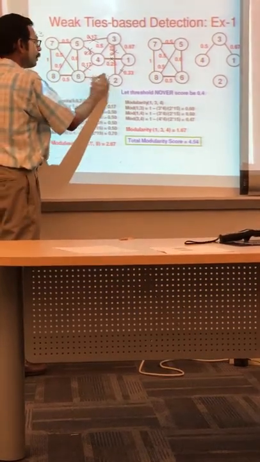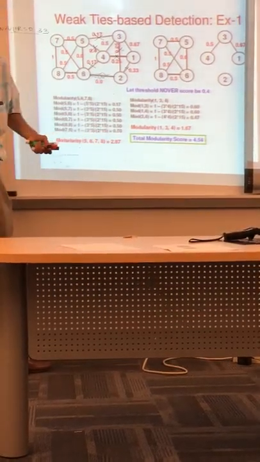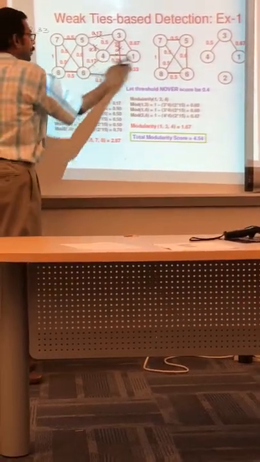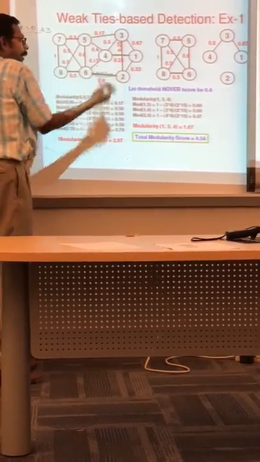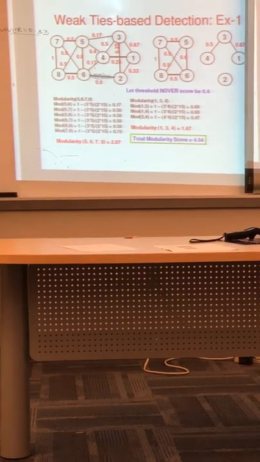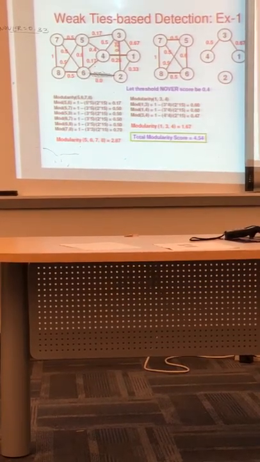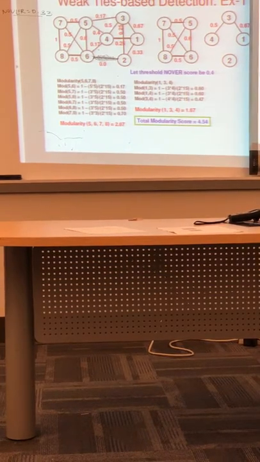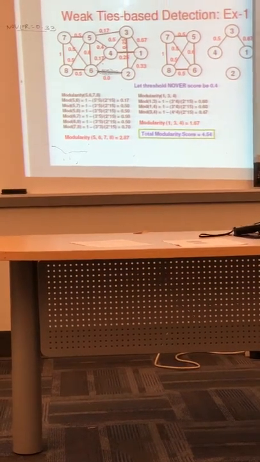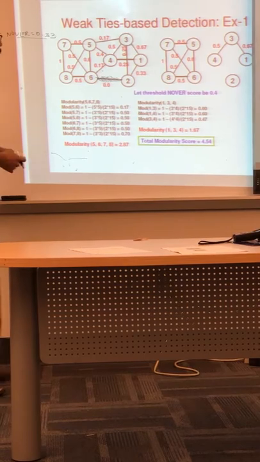By removing this, will it partition the graph, right? If just this edge gets removed, would it partition the graph? No. So you will conclude what? All the vertices are in one community, right? That's our conclusion. On the other hand, if my threshold NOVER score is 1.0,